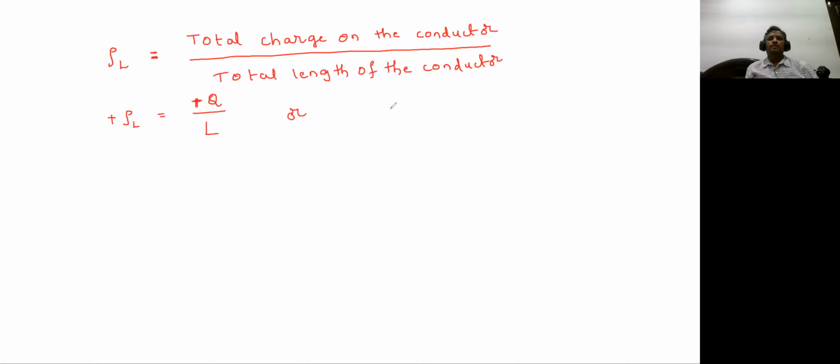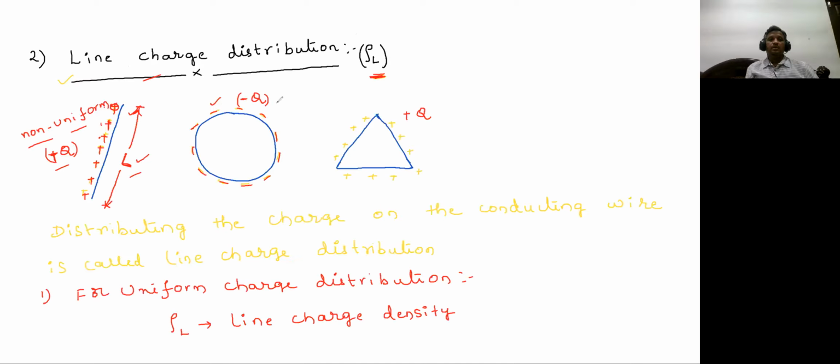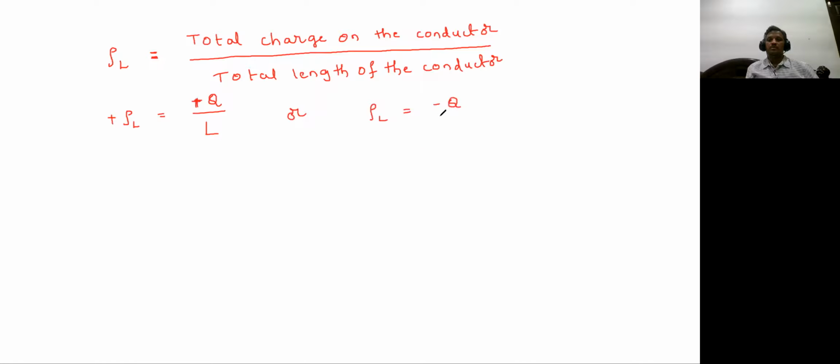Or suppose you are taking rho L for the second case, here the total charge is minus Q, then what you have to write here is minus Q by the length, which is 2 pi r, but you can write it as L. This becomes automatically minus rho L because minus Q by L obviously will be minus rho L. Don't cancel it. Just because it is minus Q by L, rho is also negative. Rho L value that you will be getting is negative of something. That's what I mean.